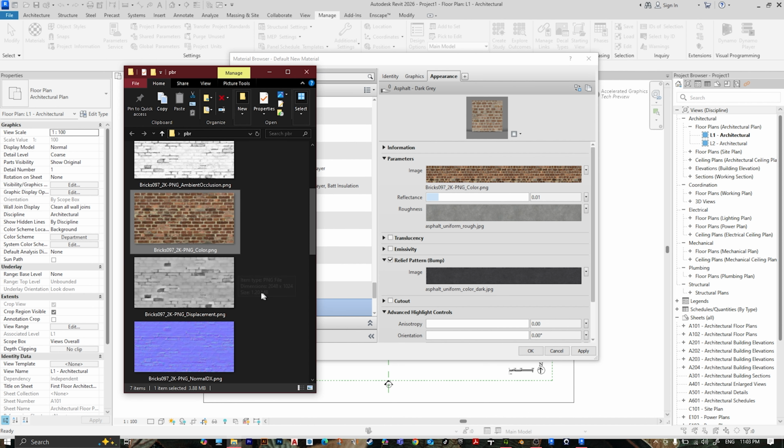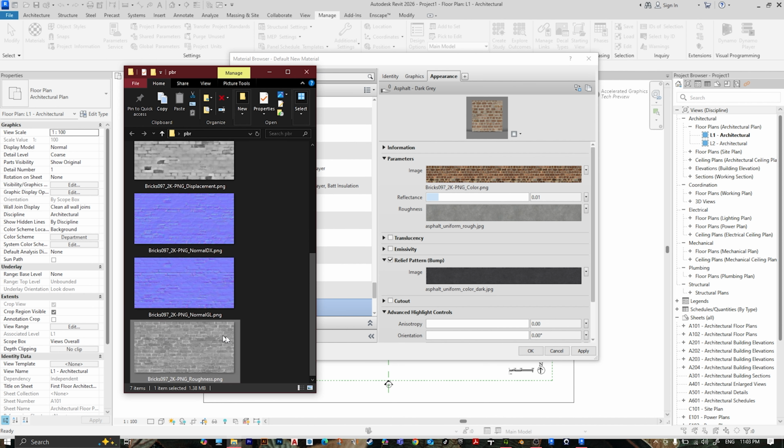And the roughness, let's go to our file. We have the roughness. This is the roughness material. And let's replace it from this one. And the reflection,